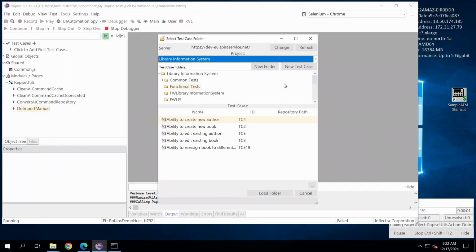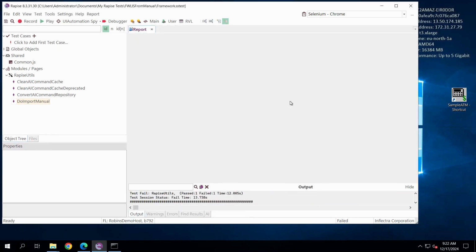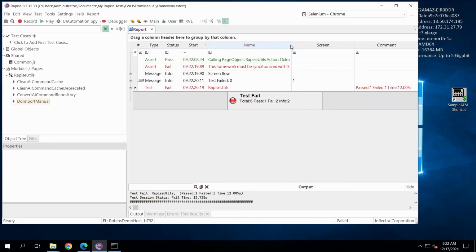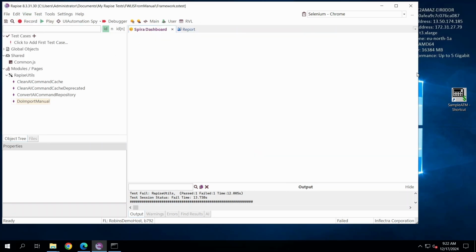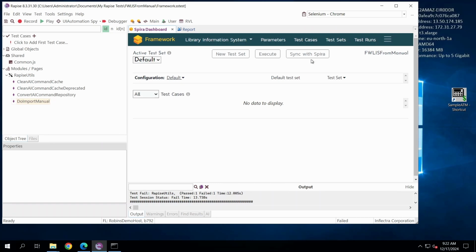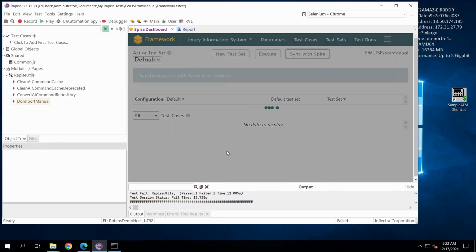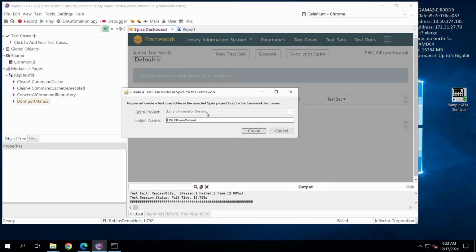It starts doing something, and the first thing it shows is the picker asking to select the test case folder from Spira. I'm trying to select something, choosing load folder, and it fails with the message that this framework must be synchronized with Spira first. So we need to use the Spira dashboard and save it. So I'm going to synchronize it with Spira